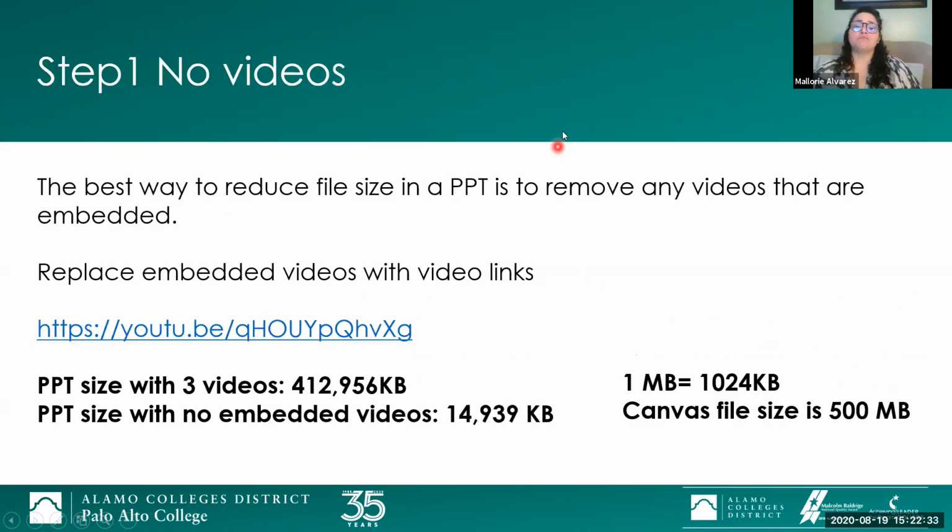So step 1, no videos. Do not add embedded videos into your PowerPoint. Any videos that you've embedded into a PowerPoint can be replaced using YouTube links. Because I want to make sure I'm not going over on time, I'm not going to play this video, but